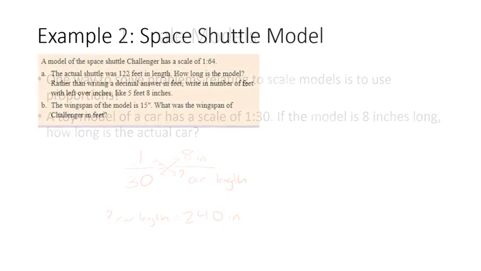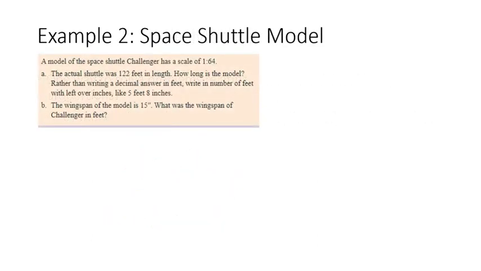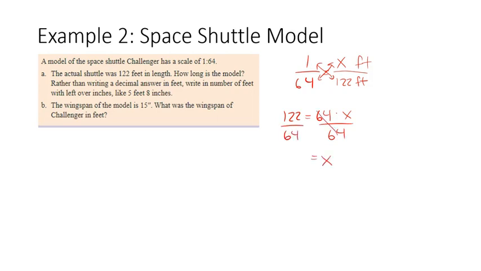Let's try another example here. A model of the Space Shuttle Challenger has a scale of 1 to 64. The actual shuttle was 122 feet in length. The model is then how many feet long? To solve this, we can cross multiply and then divide. And we find the model